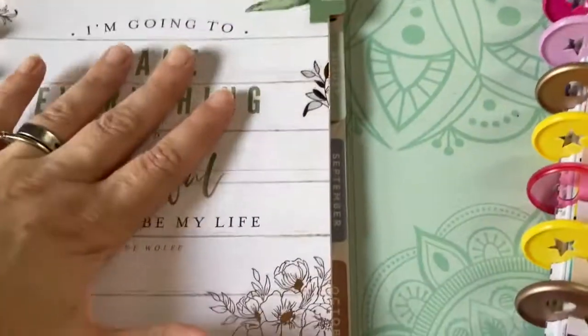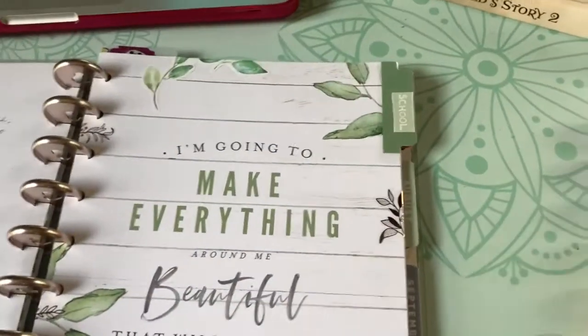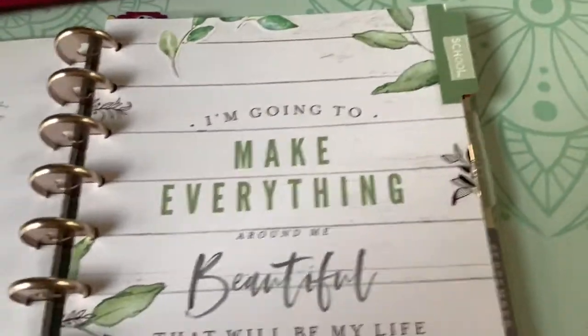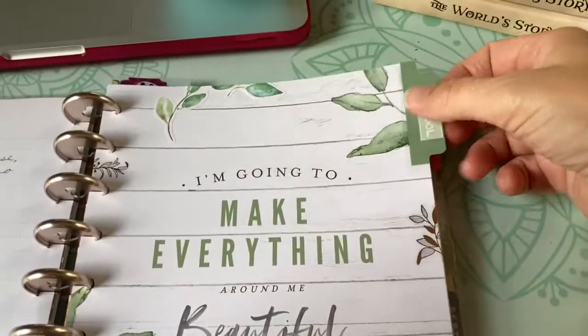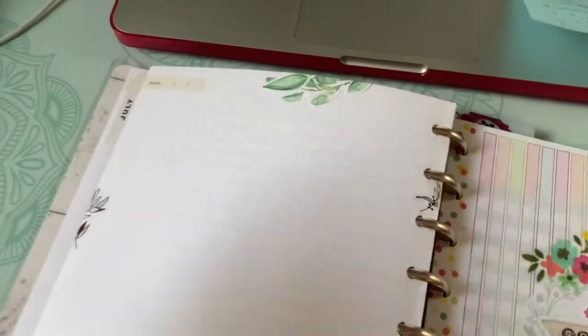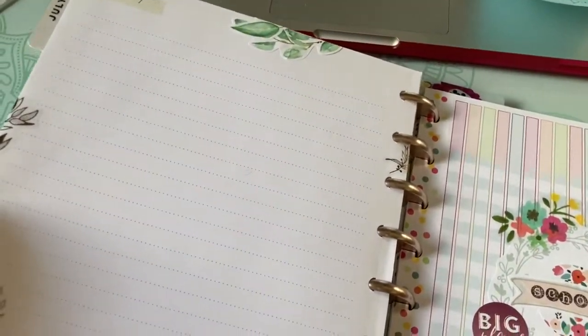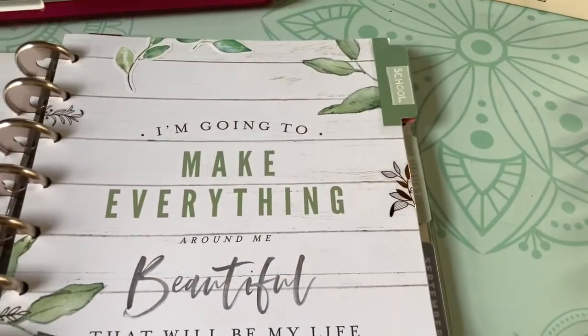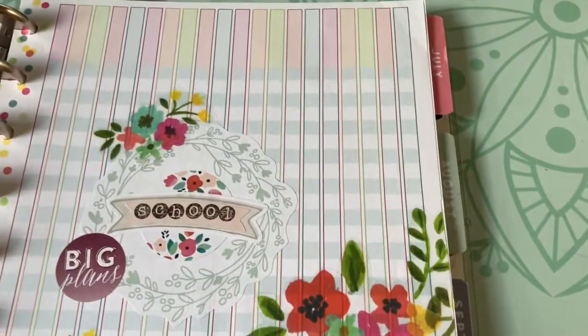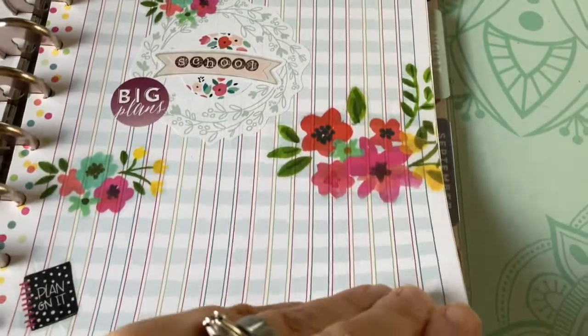So this was a divider from another planner, and I really loved this divider. So what I did is I taped a blank piece of paper to the back because this would have had part of the monthly on it, and I used stickers over the edge so that it sticks, but it's also decorative and works. Okay, so then here I just have a fun decorative page,